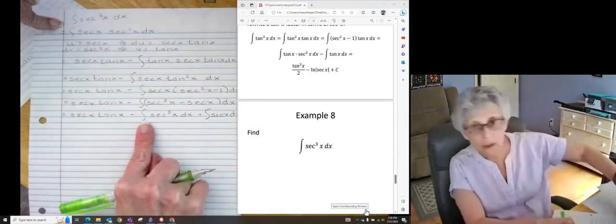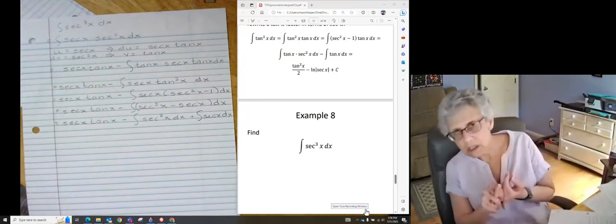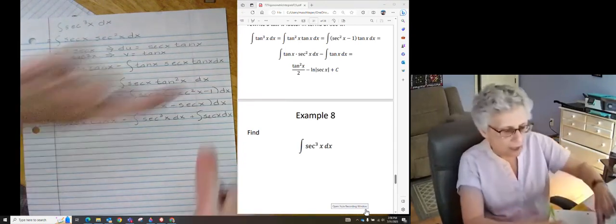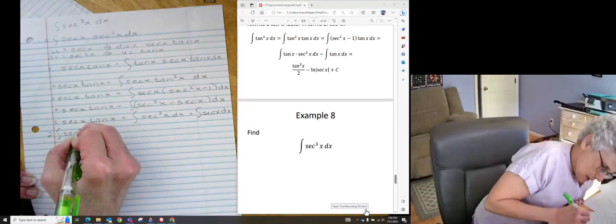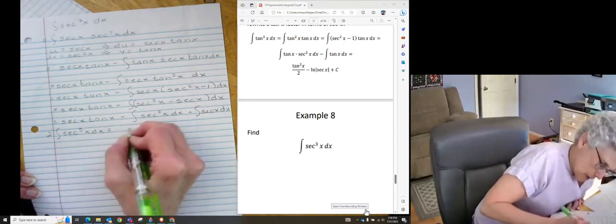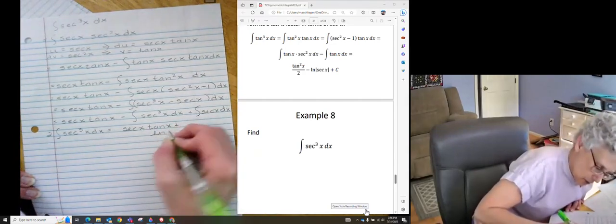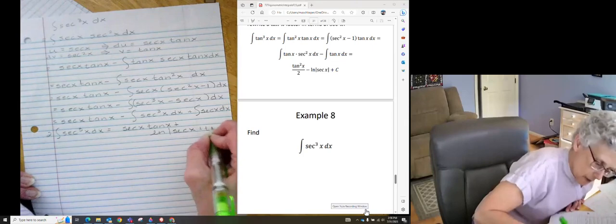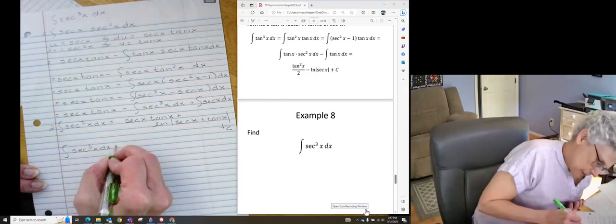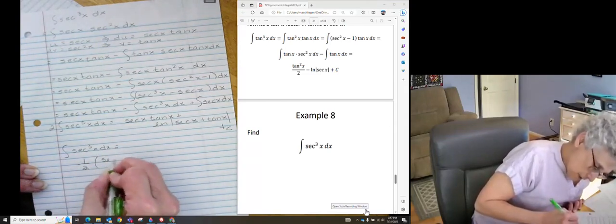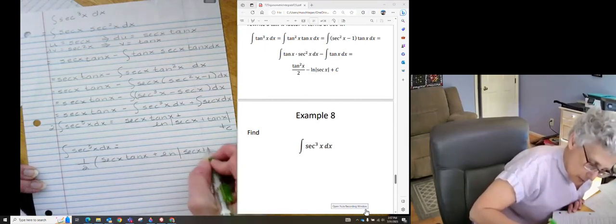Oh, but I have secant cubed equals something minus secant cubed, so I can add that to both sides. This is loopy: integration by parts, Pythagorean identities, and we have to know the integral of secant. Holy cow, we're putting it all together. So 2 times the integral secant cubed of x dx would be equal to secant x tangent x plus the integral of secant, which is the natural log of the absolute value of secant of x plus tangent of x. So my integral of secant cubed of x is really 1/2 of secant of x tangent of x plus the natural log of secant of x plus tangent of x